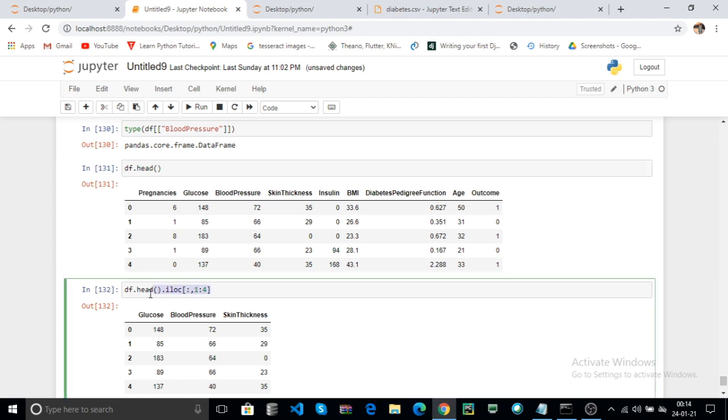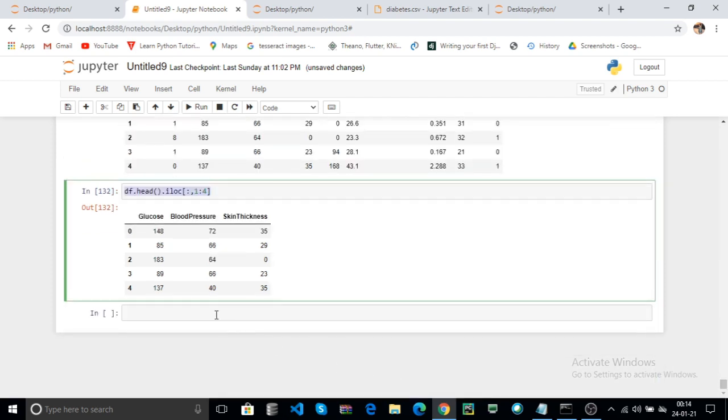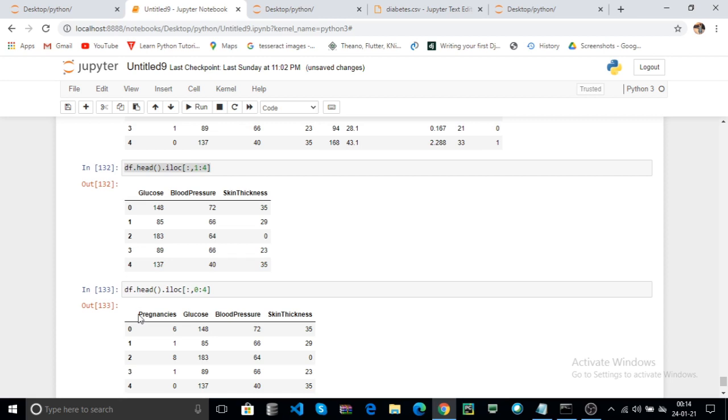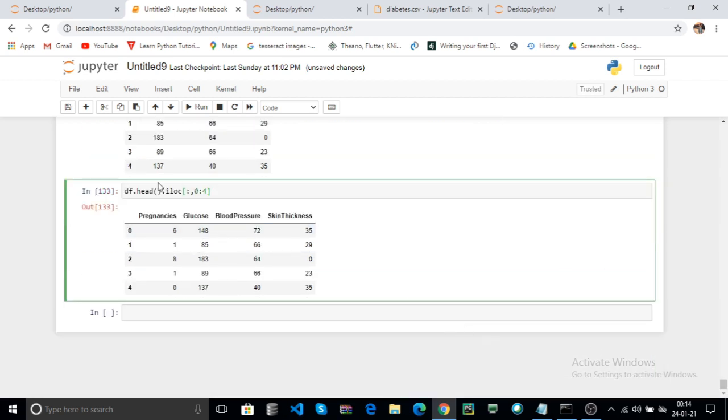Here you can also use the 0 to 4. The 0th column is also added to your prompt. Here this is also 0th to 3rd column and it returns all the columns. Here you can use the colon. In the head it returns all the columns. Here instead of head you can use the df, it returns the whole data frame.